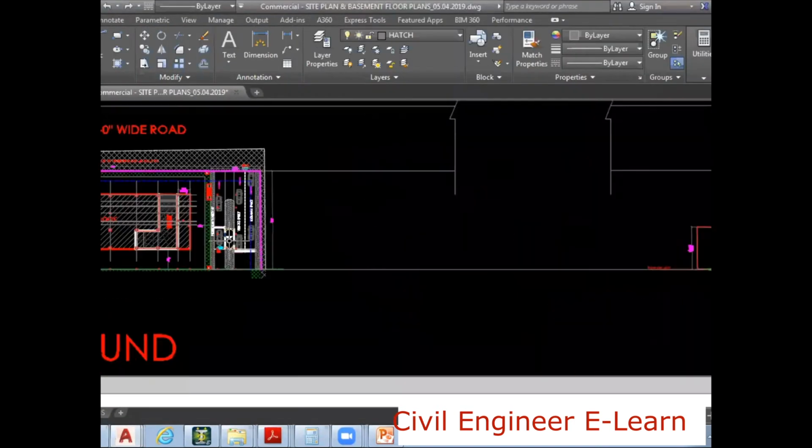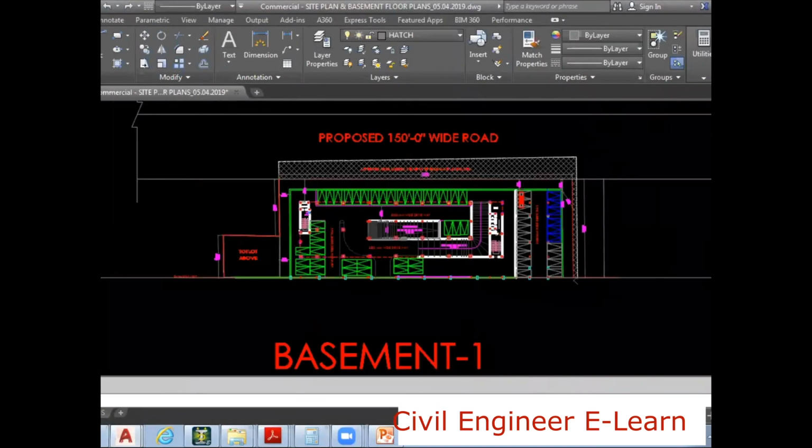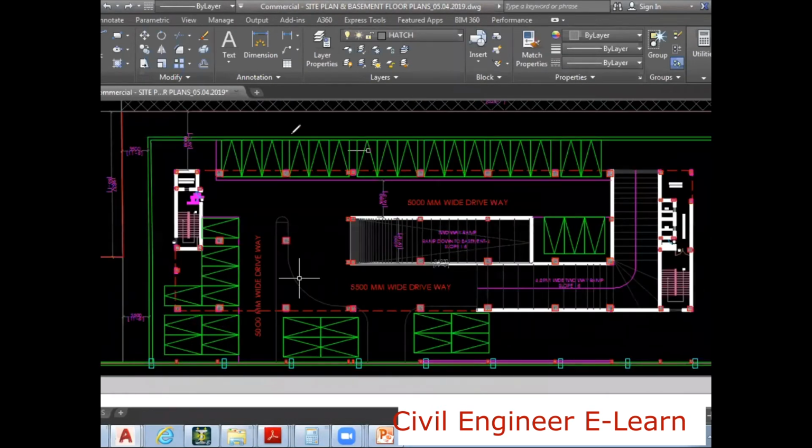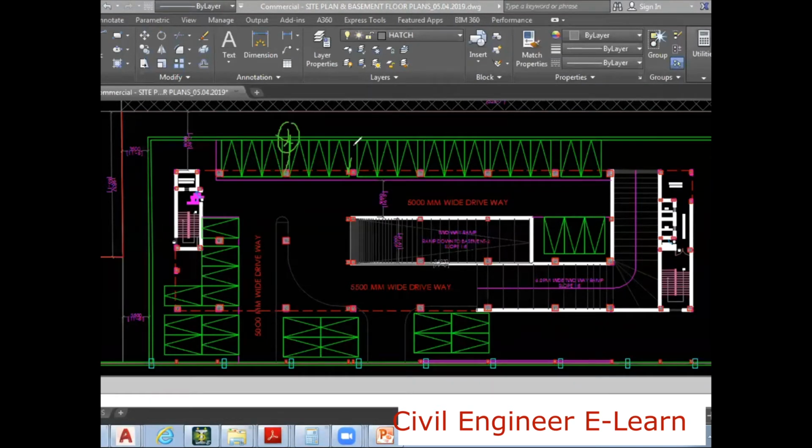Can you please look at this point? So this beam is going to rest on this point or this point, the retaining wall point. So the retaining wall acts like a support to the beam. That's why we have added the pinned support.